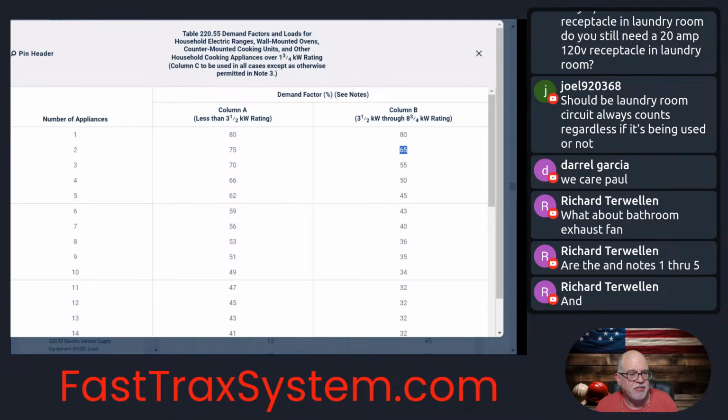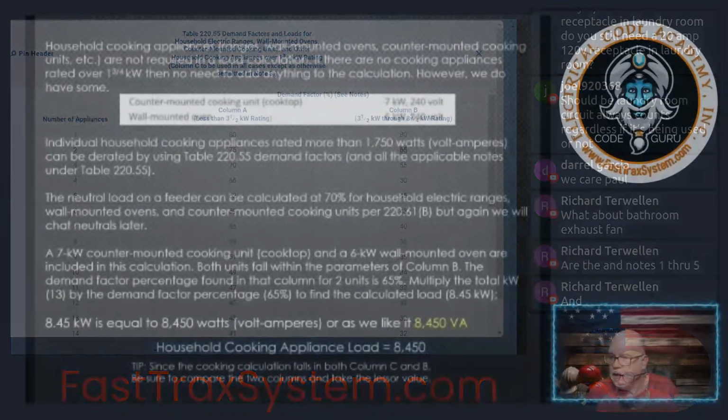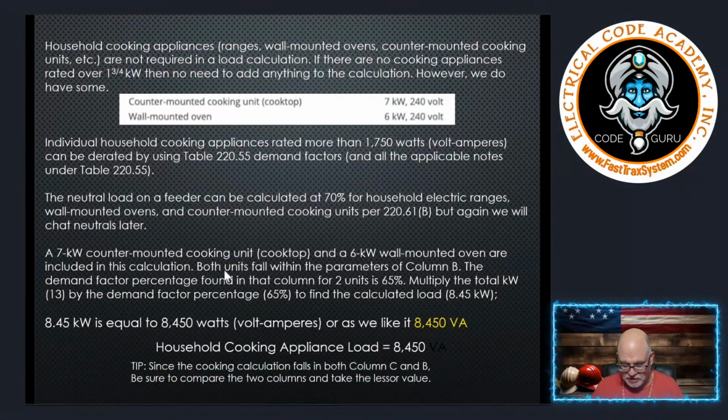So in our case, what are we going to do? Let's go back to the lesson. And what we're going to do is we're going to take the 7,000, which is 7 kW, is 7,000 watts. And we're going to add the 6,000 for the oven. That gives us 13,000, right? And then we're going to multiply that by 65%, because that was the multiplier for those two appliances under column B. So times 0.65, and that gives me